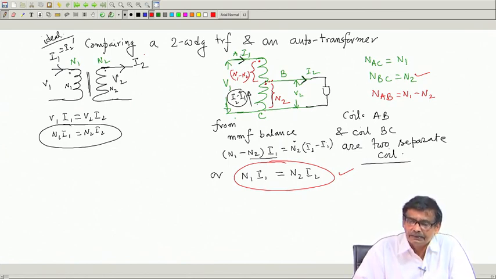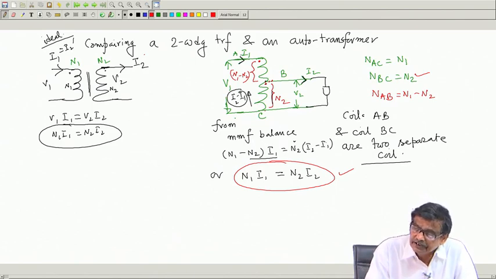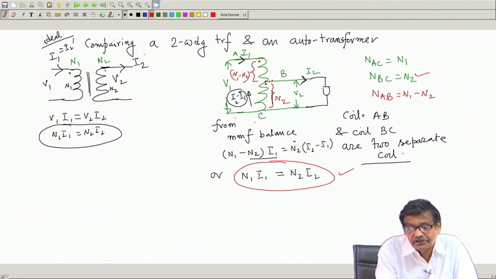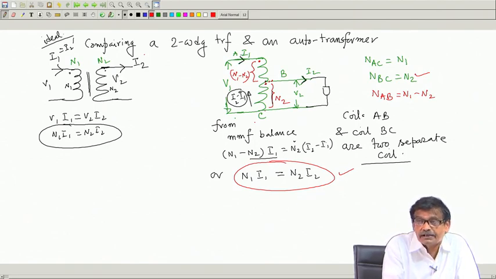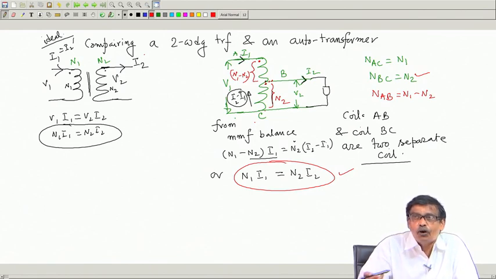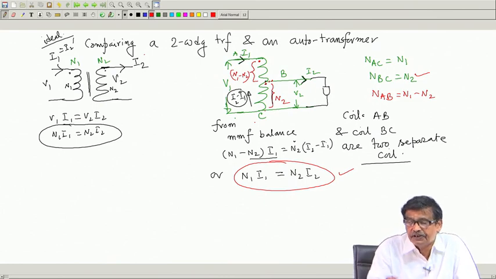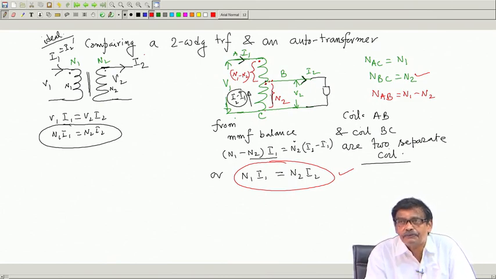Therefore, it looks like the sectional area of this portion of the coil, copper section required, will be less compared to the copper sectional area here, because more current I 2. Mind you, I 1, I 2 all will be in phase. Therefore, their difference will be the real difference, even when you take the phasor difference, because I 1, I 2 will be in phase. Therefore, the difference of current only flows.